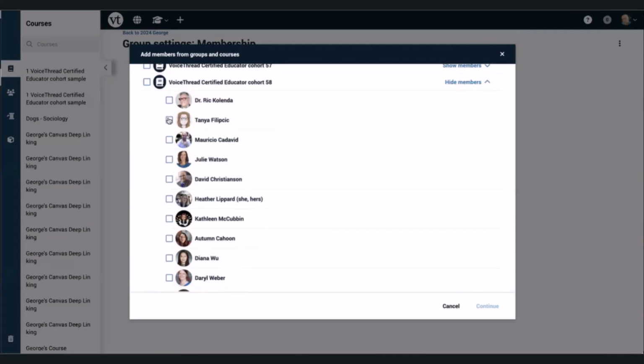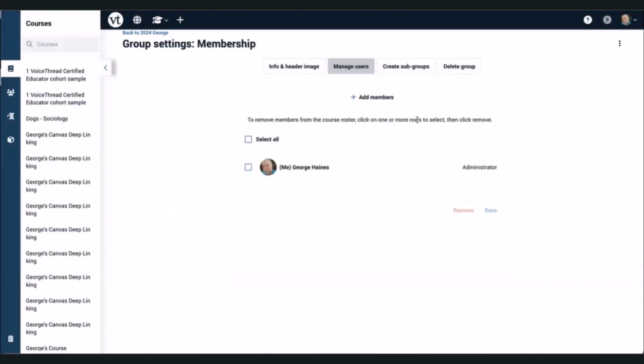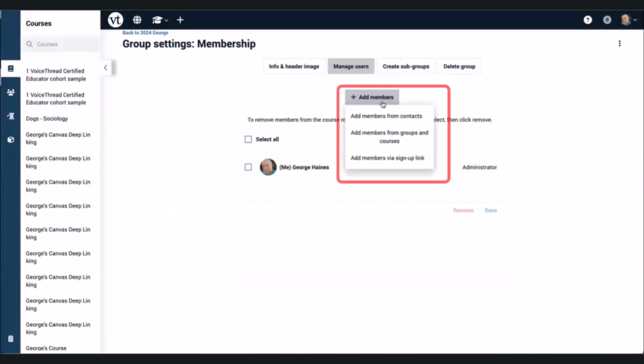All right, now I see these folks. I can click on their names. They're automatically added because they clicked on a link in my learning management system, right? And then I can add them that way. So you can go into your manually created groups, you can go into your course groups, or you can go into your contacts. These are ways to add people.